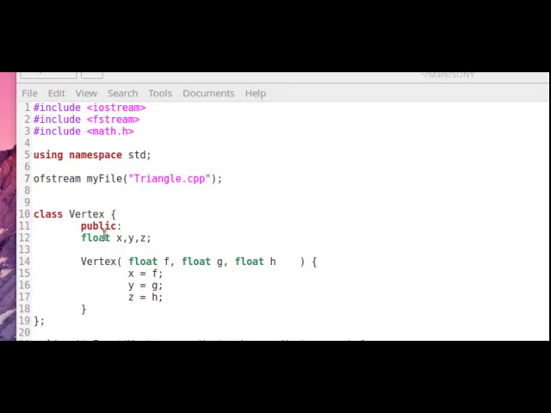Oh, I just noticed my output file here was called triangle.cpp. That's a really dumb name. I don't know how long I've had that there. Right now it should be called, I'm trying to make a box, and it shouldn't be .cpp. In fact, it has to be .stl if I want the STL viewer to work. So make sure you make that